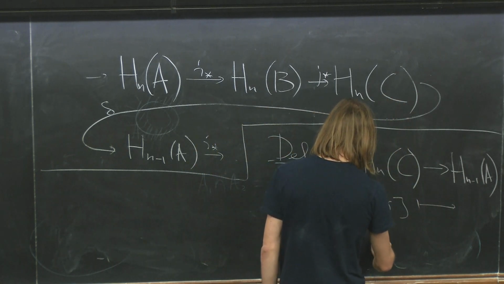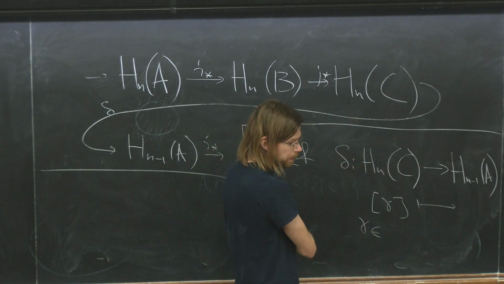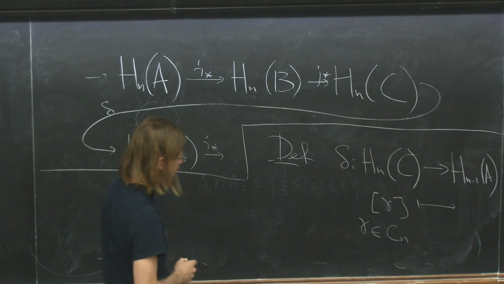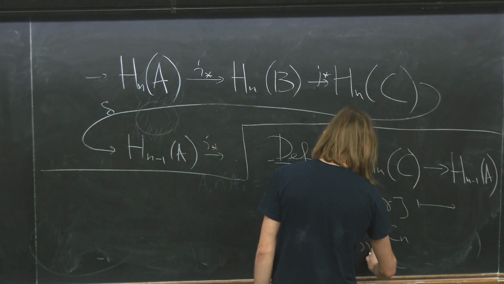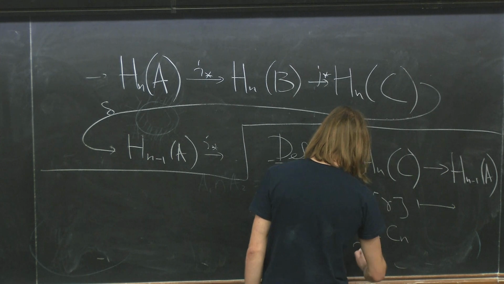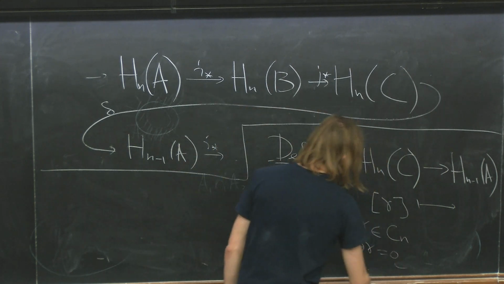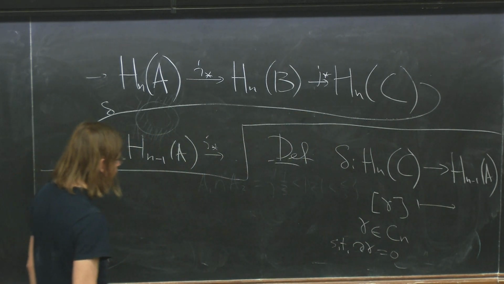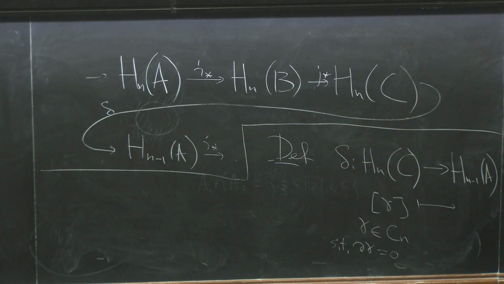So gamma should be a representative of some class in the homology group in degree n, so it should be an element of our group Cn such that it's in the kernel of our D, such that D gamma is 0. We have to, so if you look at this huge diagram which we have,